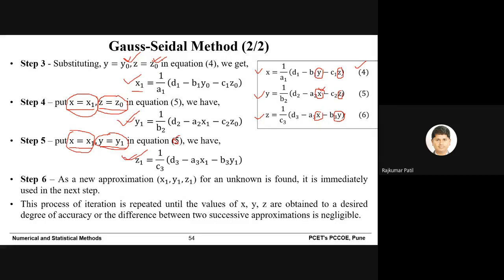In the case of the Jacobi method, while calculating the first iteration, when we calculate x1, we take y0 and z0. When we calculate y1, we take x0, z0. And when we calculate z1, we take x0, y0. It means whatever values we have from previous iterations, we take only those values and calculate the values of the next iteration. That's why the Gauss-Jacobi method has very low speed, or the iteration rate is very low.